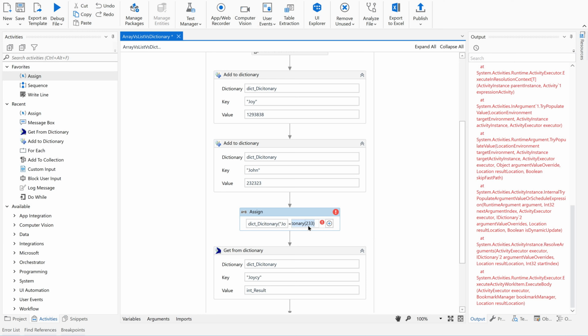Okay, let me give some number. So for this particular name, this particular key, I'm going to add the value here. That's it. Easy, right? So when you commit some mistakes, then you can learn a lot. So just try to do along with me, and I could show you what all possible errors you may get. By default, we may forget how to add, and we may use dictionary at both sides, right? So in such a scenario, what kind of error